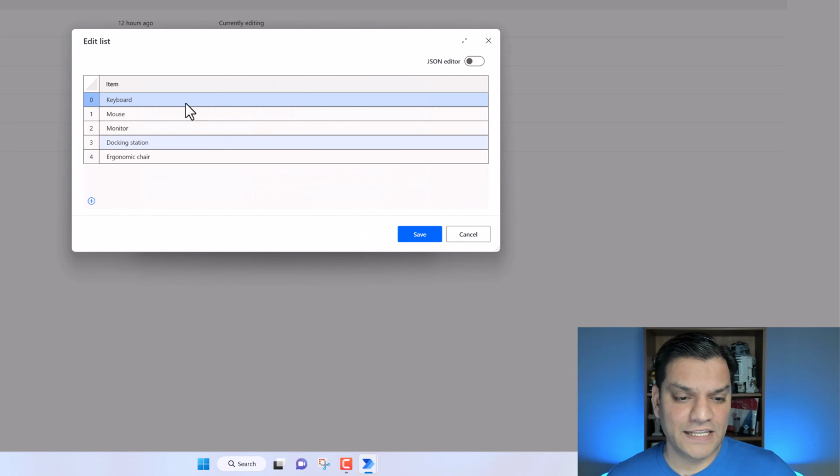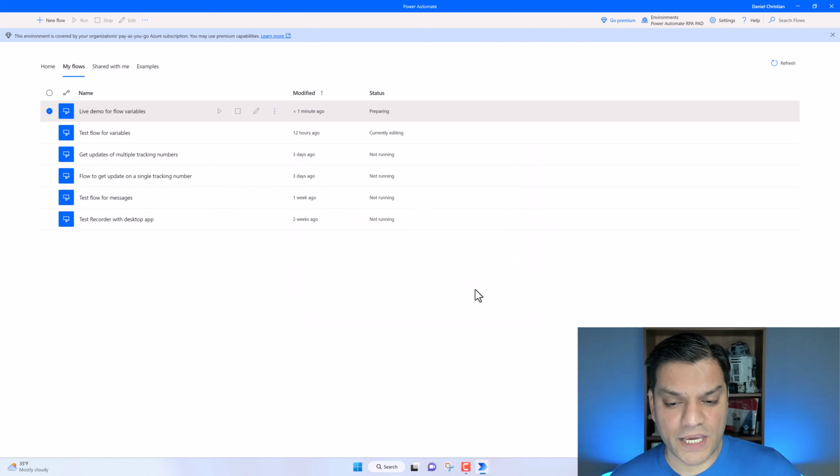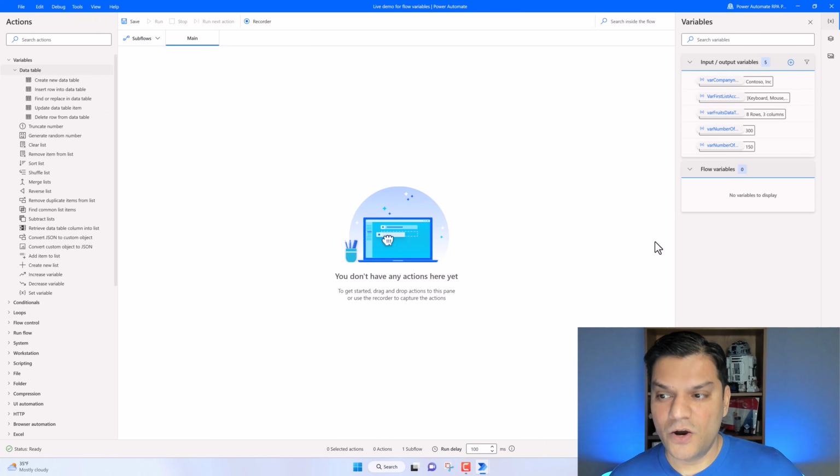station. If I click on the edit, it shows you all this information. You are allowed to go ahead and edit it. It's already populated. So if I just click on OK right now, now it says preparing, currently editing. But if I go back inside the console, over here on the right, you actually see the information coming in. Now, again, in my situation, I pre-populated it, so that's not really a good example, but you get